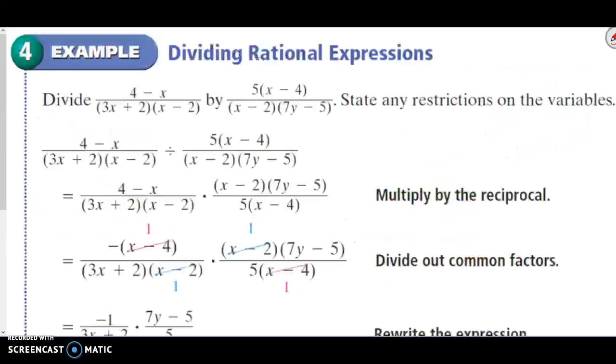Alright, and next example, we are dividing rational functions. So you're going to do the same thing, but it's a little bit more complex because you have to check the two denominators of the original function, and you also have to check the